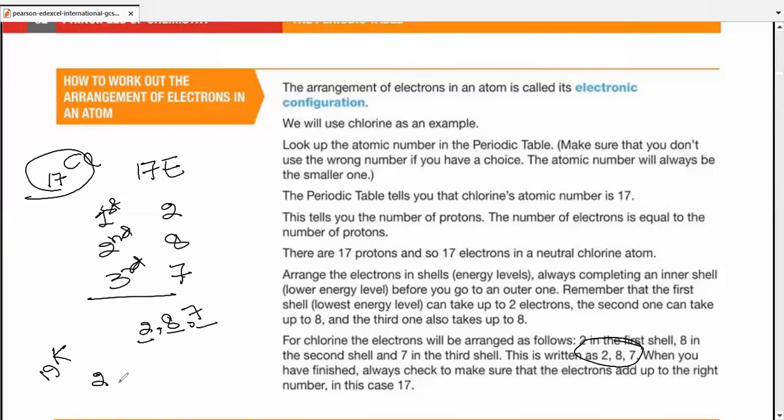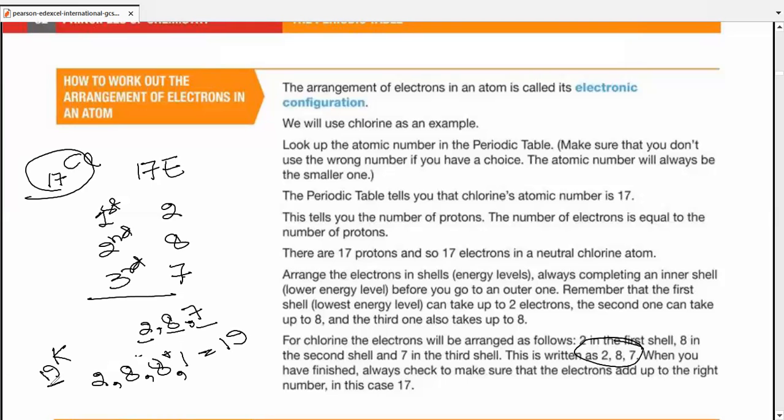There can be 2 electrons in the first shell, no more than that, 8 electrons in the second shell, no more than that. Then we put another 8 in the third one. The third shell becomes stable with these 8 electrons, so we start filling the fourth shell, and it will only have 1 electron. And if we add these up, 2 plus 8 plus 8 plus 1, the total is equal to